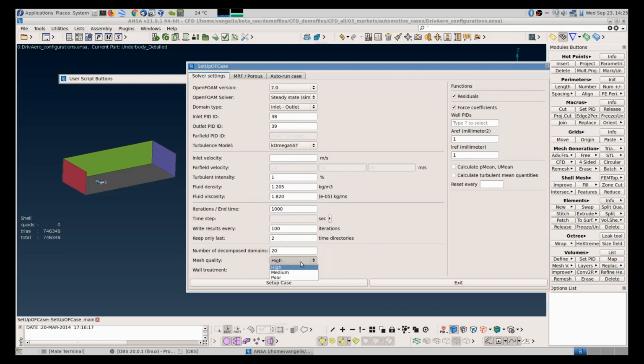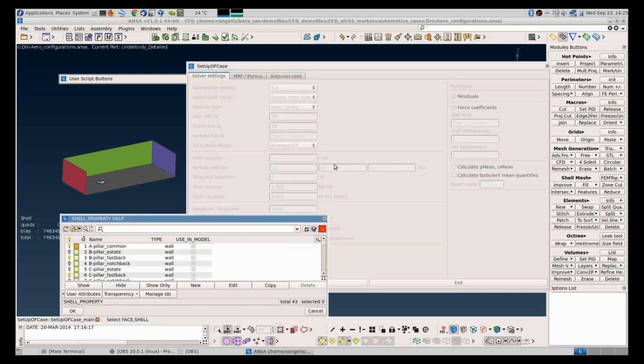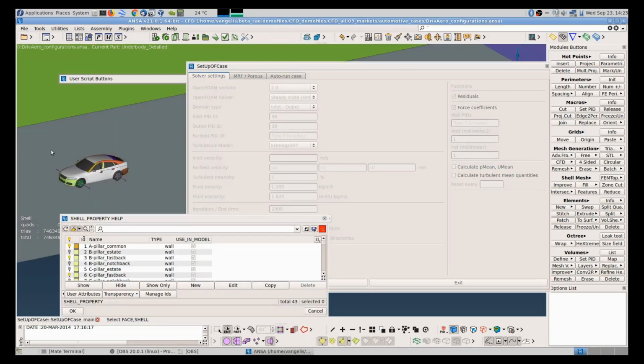What is the mesh quality, so that we can specify suitable numeric settings. Whether you have a wall function mesh or y+1 mesh, again to specify the appropriate boundary conditions. We want to monitor residuals, we want to monitor forces. Where do we want to monitor these forces? Again, question mark. Select, for example, the PIDs of the car.